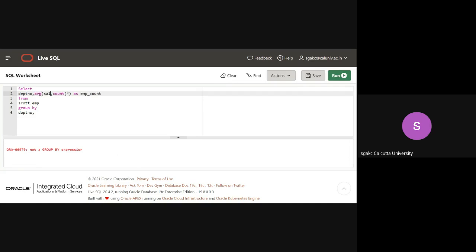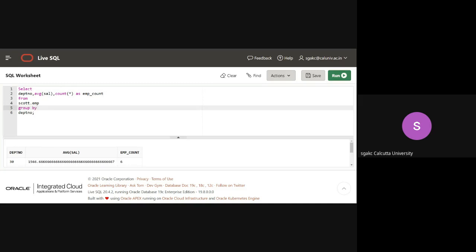Now average salary. If I run this, see here the name has changed. It is now employee_count. Do you see that? Now it is not the only aggregator function. So instead of average salary, you can always use max salary, min salary, like that. So I can use max, and if I run, the maximum salary will come.